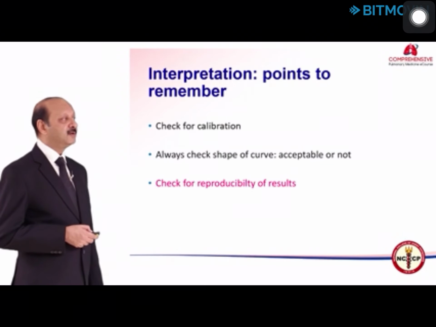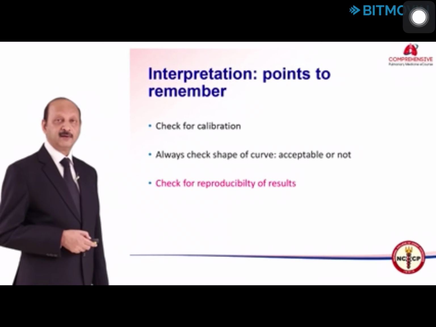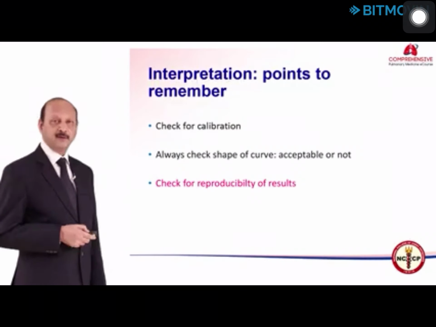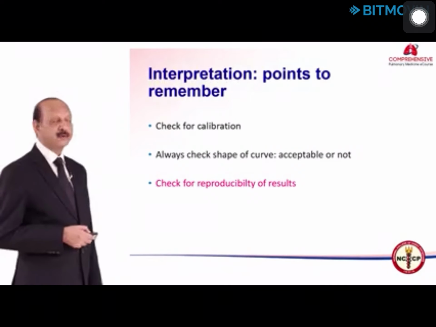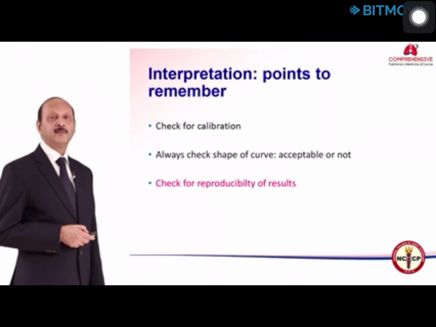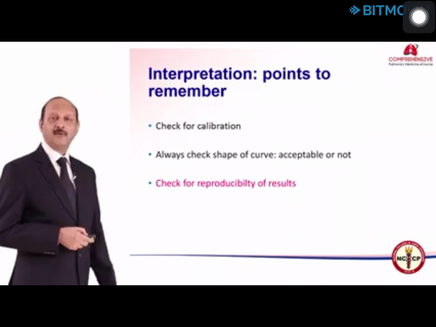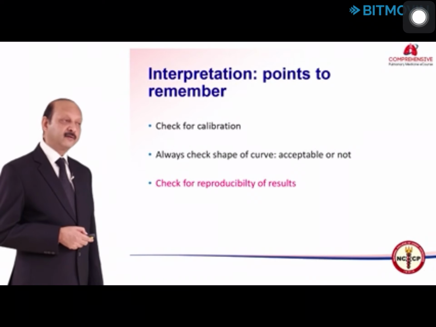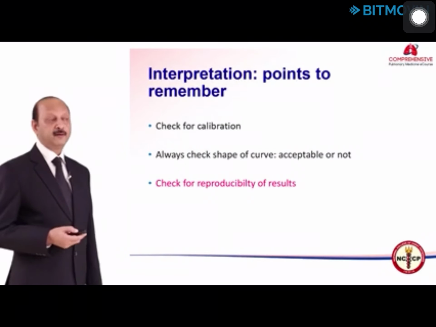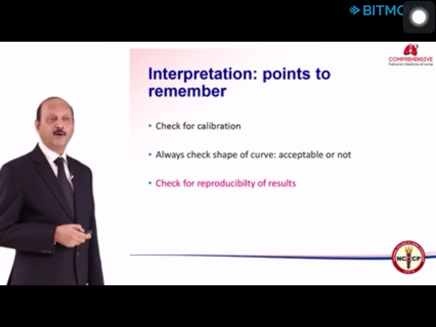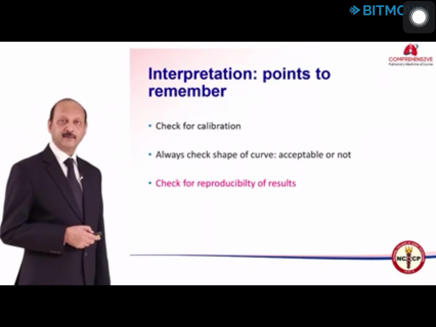Now, after the calibration has been checked and we have checked that yes, the effort is acceptable, the curve is acceptable, the third step is we need to check the reproducibility. Now, what is reproducibility? Suppose somebody does the test and you find the vital capacity is 3 liters. The next acceptable effort is 3.5 liters. The next test, 4 liters. Which one will you take? Yes, you might say 4 liters. No. How do you know the next will not be 4.5 liters?